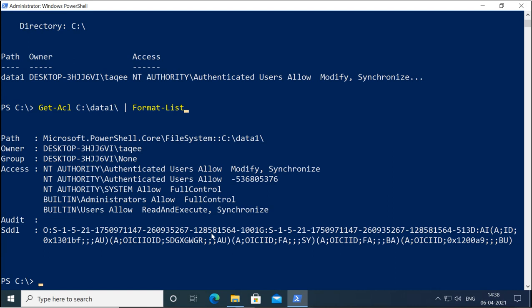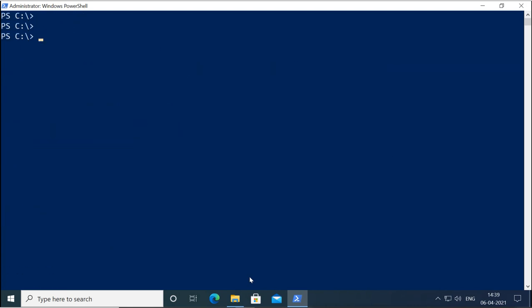Now if you want to set the same permission of data1 onto data2, then what do we do? We use Get-Acl. Now this will get the ACL of data1.